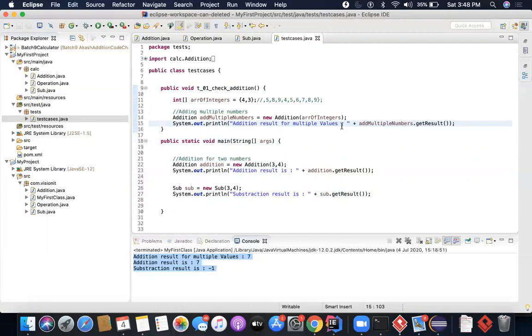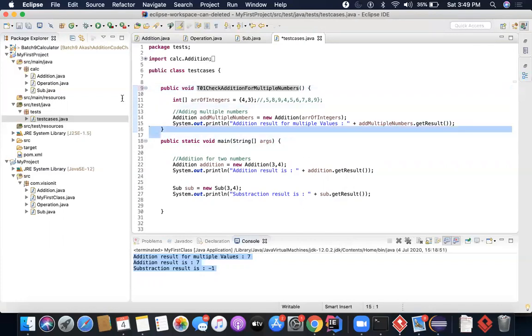And in this example, we are checking the multiple arrays, multiple addition. So I will write here check multiple addition, or you can use underscore, or if you don't want to do that, you can simply say test01 validation or check addition for multiple numbers.